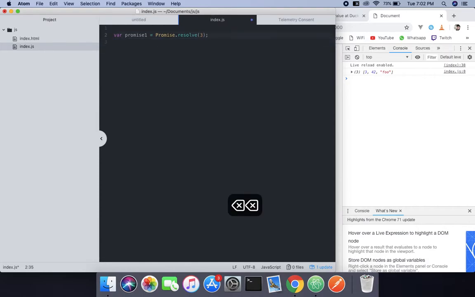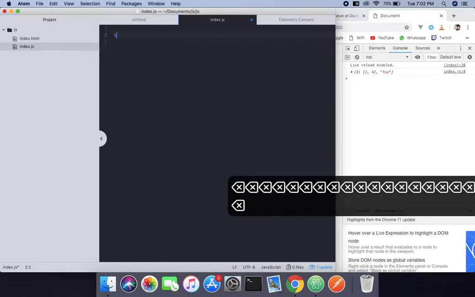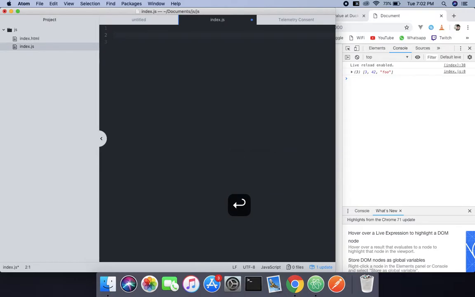So, giving an example, we're going to create a shared buffer with the size in bytes. Name it buffer equals new SharedArrayBuffer. You know, the usual syntax for